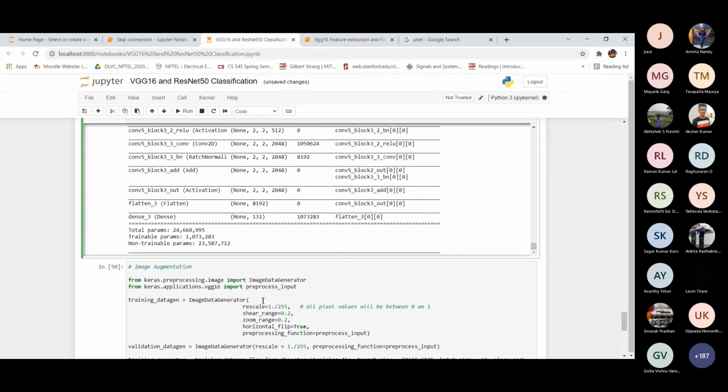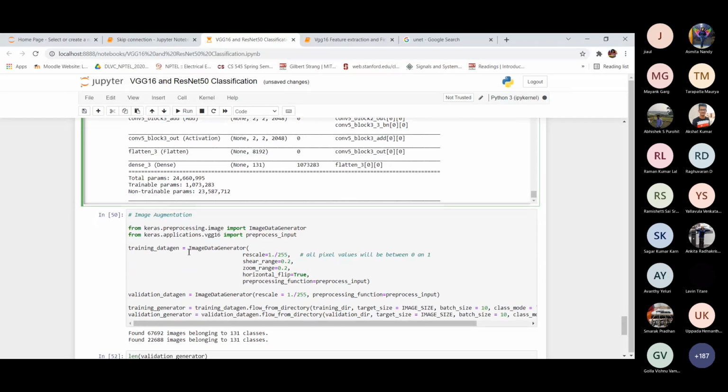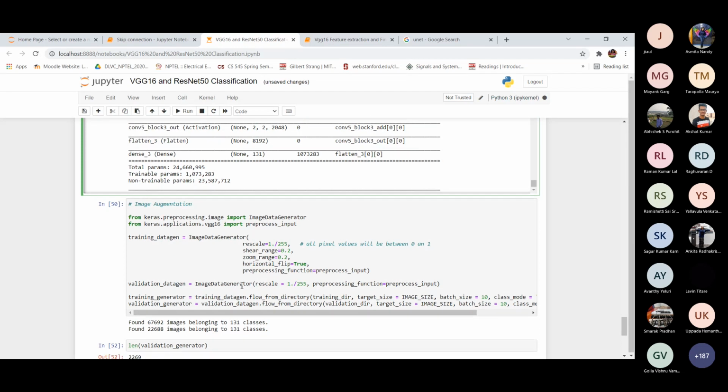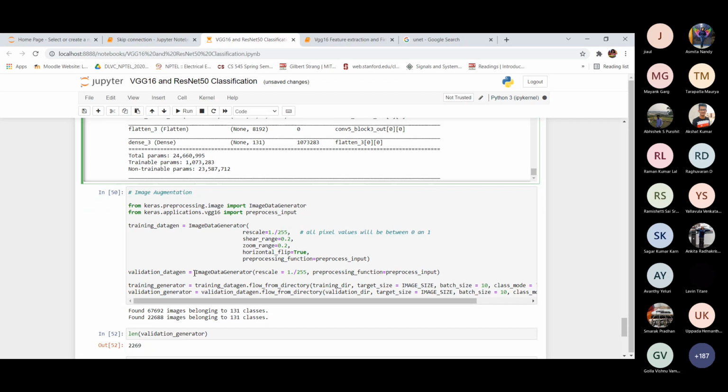Okay. And next we are going to generate the training data, and we are going to rescale the image, zoom it, and do horizontal flip also. And for validation also we will get the generator.